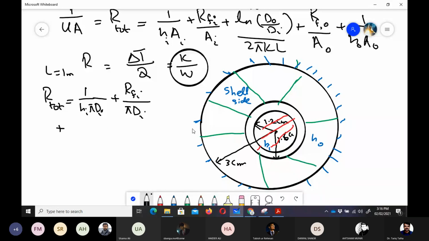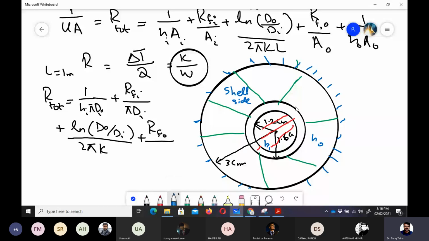Plus we have the conduction resistance, that would be equal to log of d outer upon di. What is d outer here? That is 1.6 centimeter, d inner is 1.2 centimeter, divided by 2 pi into k. Length is again 1 meter. Plus Rfo, which is the fouling here. One fouling is somewhere on this side, that is the deposition of some material, so this is also due to fouling. Right, Rfo upon